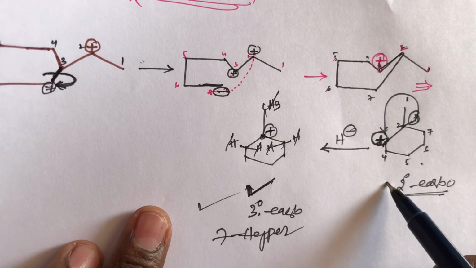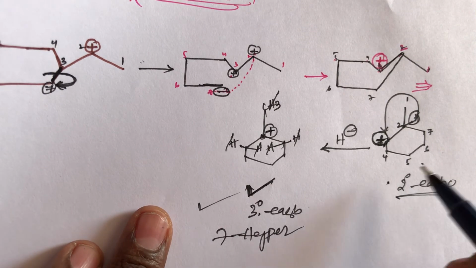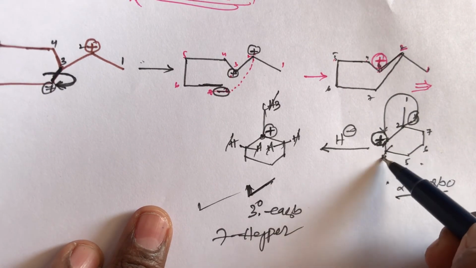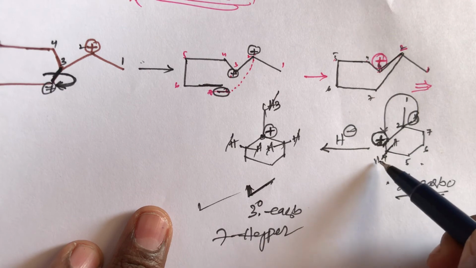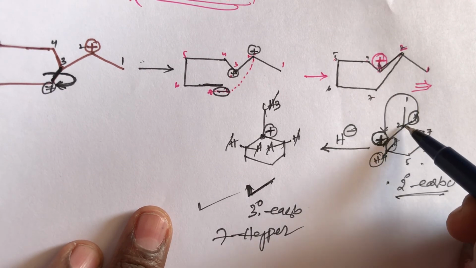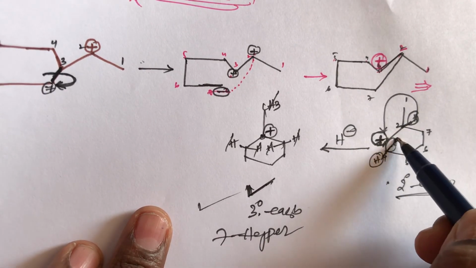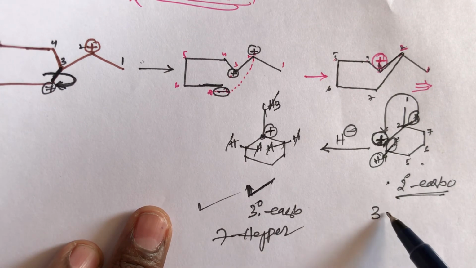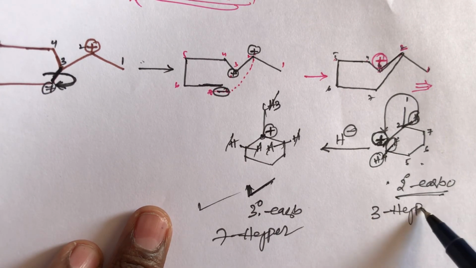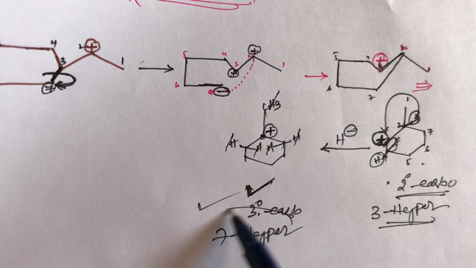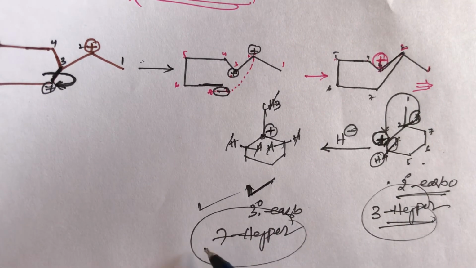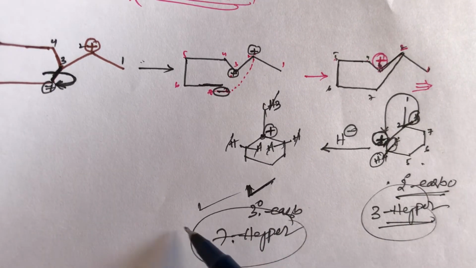In this compound only 3 hyperconjugates are present. The carbon beside the positive charge is called the alpha carbon. Here also 2 hydrogens, and the beside carbon has this hydrogen. So in the secondary carbocation only 3 hyperconjugates are present. Out of these two, which one is more stable? Tertiary carbocation is more stable due to the presence of hyperconjugation.